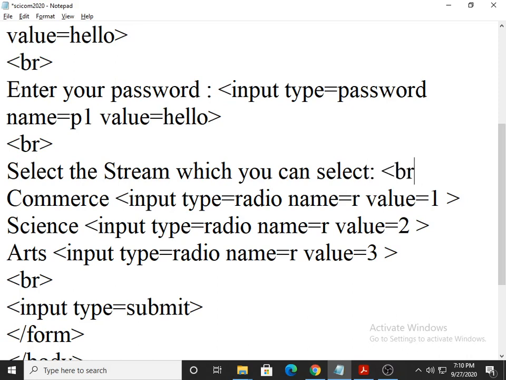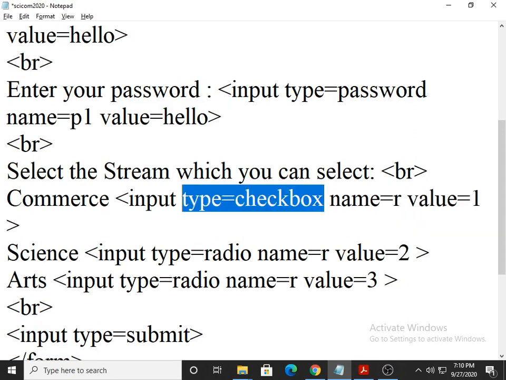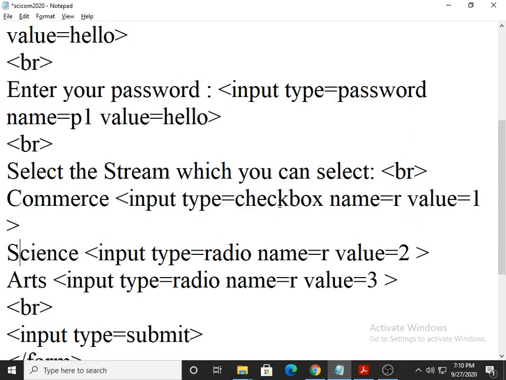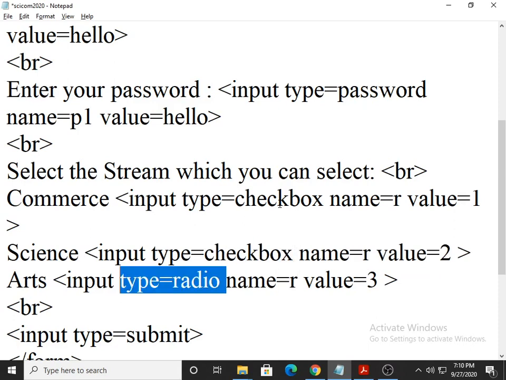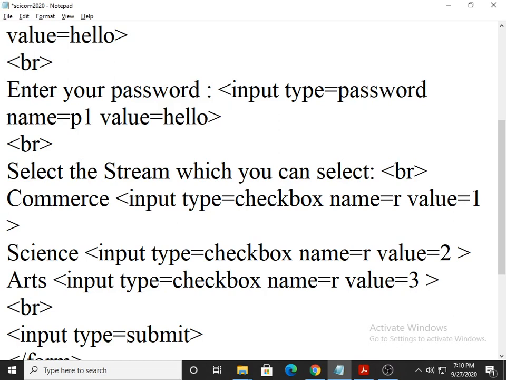Now here I will go for select the stream which you can select. Okay, and we have input type is equal to radio, which I change and make checkbox. Input type is equal to checkbox. Then here also input type is equal to checkbox, and here also input type is equal to checkbox. A name you can keep same also, different also.